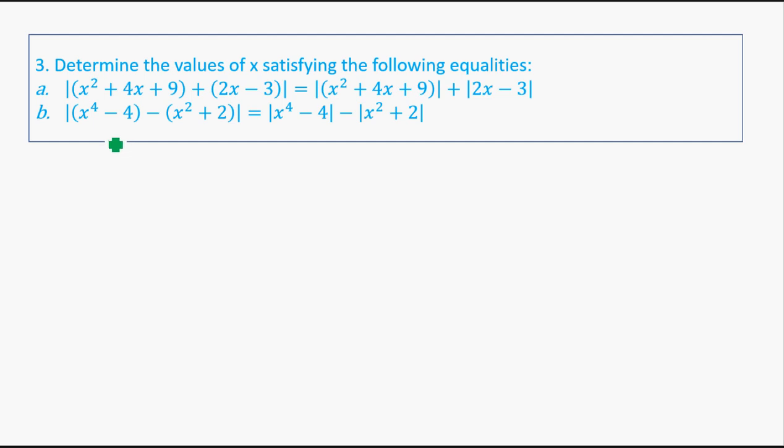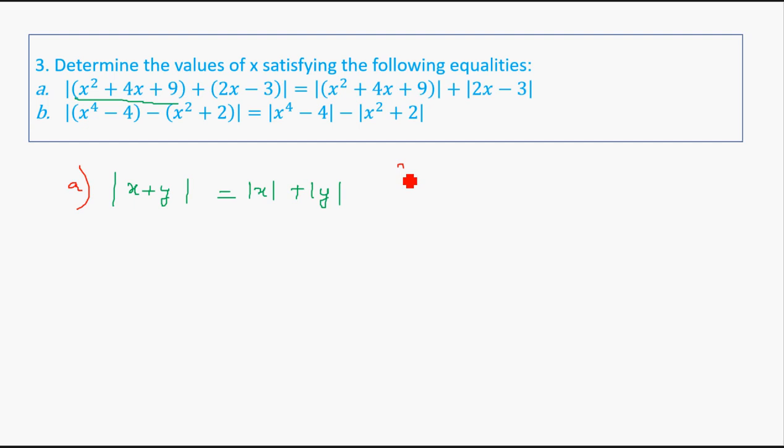So this was the problem. So you can see here x square plus 4x. So basically this is in this form, right? Mod of x plus y is equal to x plus y, right? Isn't it in that form? Mod of x plus y is equal to mod x plus mod y. Yes, in fact, both the problems are in the forms that we discussed, right? So we'll solve them, that's why I discussed the property earlier.